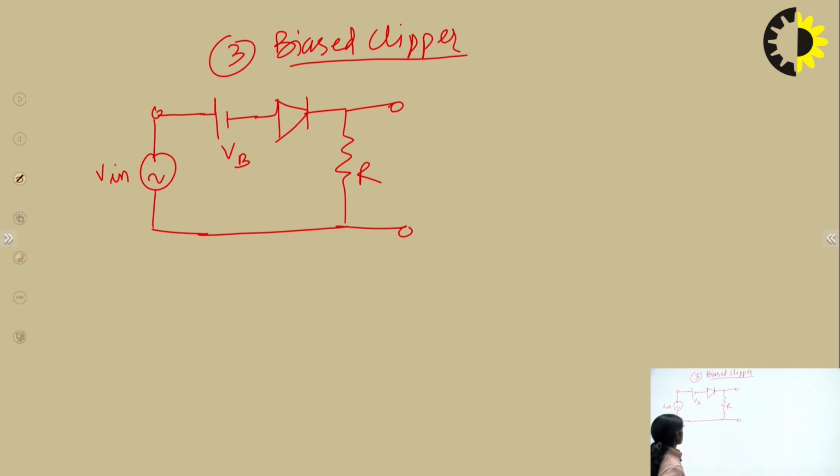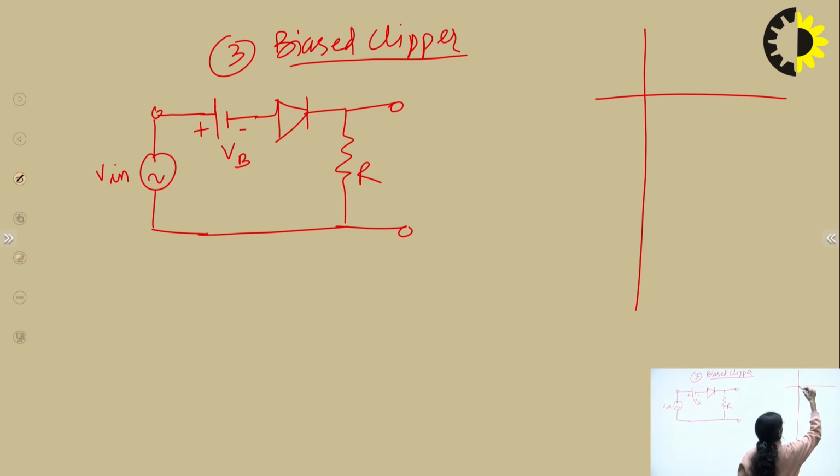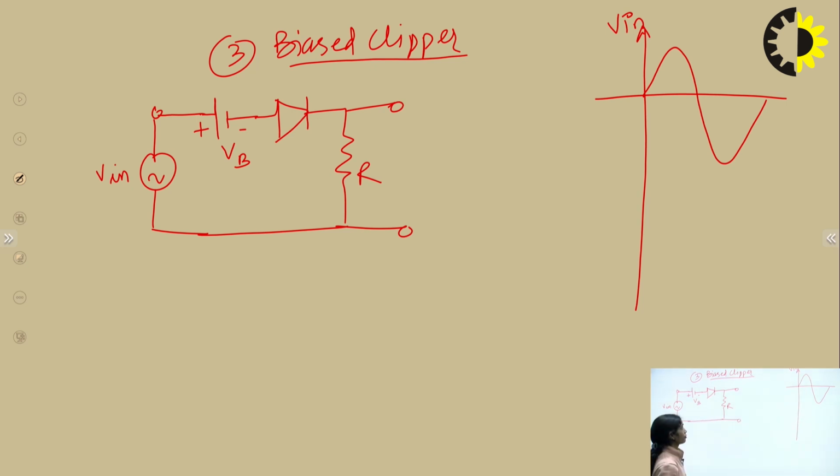Now first we are going to start with the battery connected, with positive connected first and negative on the other side. According to the arrangement of the battery, we will plot the waveform parallelly. This is the input waveform, the sinusoidal input, and we are going to mark the DC battery here first. The DC battery's positive is connected with the input, so we will mark it in the positive cycle.